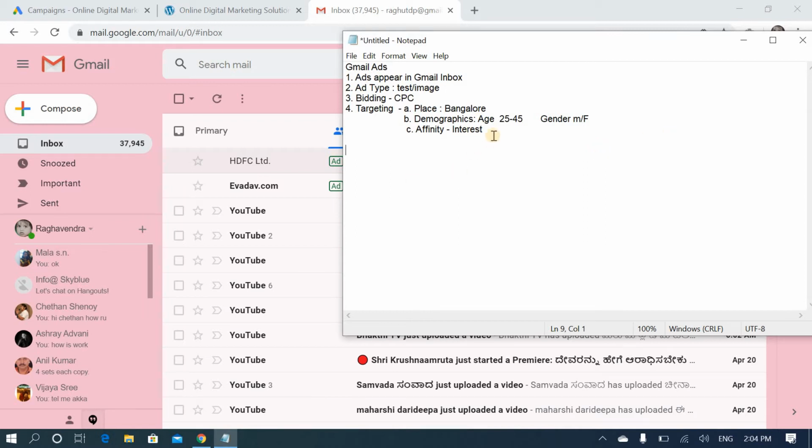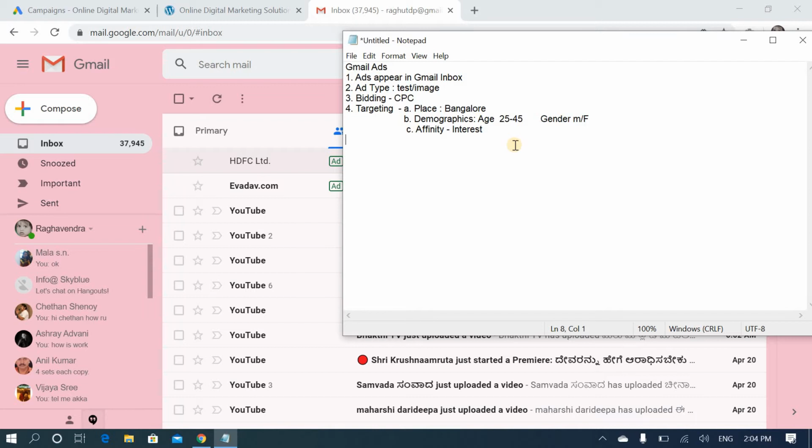Even keywords you can target, but keywords are for when you are running a standard display campaign, because then the display image will show on competitor websites according to keywords. But here we are running Gmail ads, so it only shows in the Gmail inbox, and you need not go for keywords here.